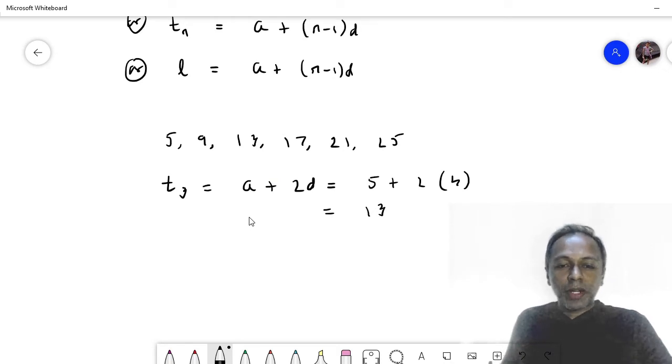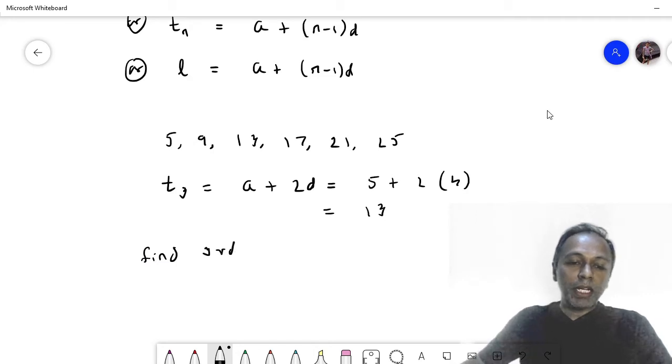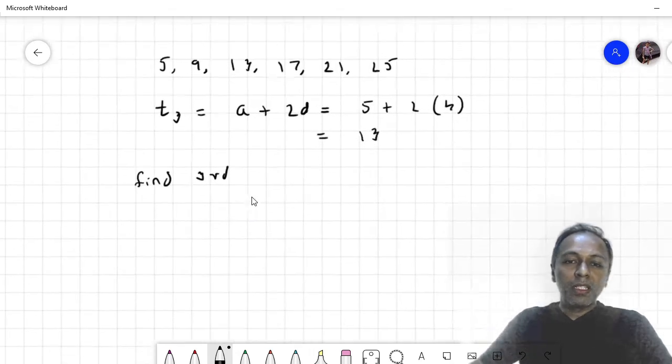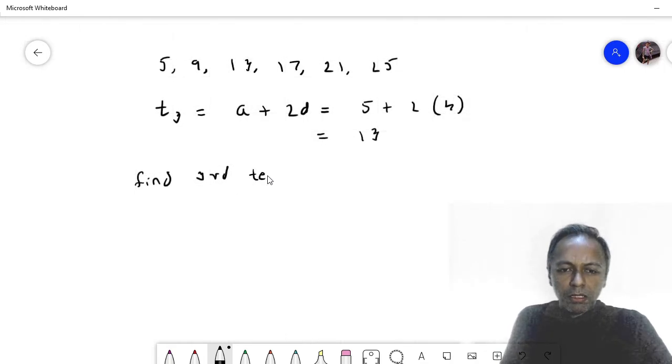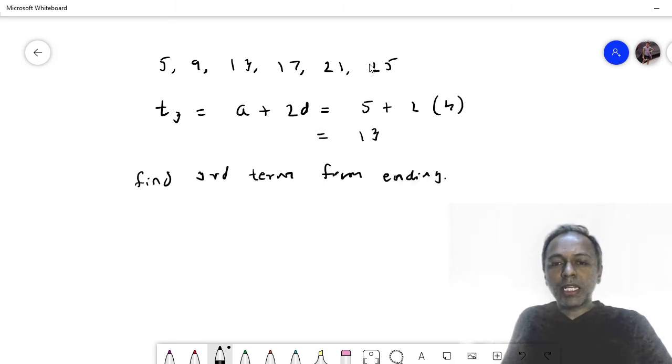But let us try to modify the problem. Let us say this time we ask you what is the third term from ending. Find the third term from ending. We find that it is not very difficult, as by observation you can see the ending is 25, so the third term from ending would be 17. But imagine there is a sequence of many numbers and then 17 was not visible to you,